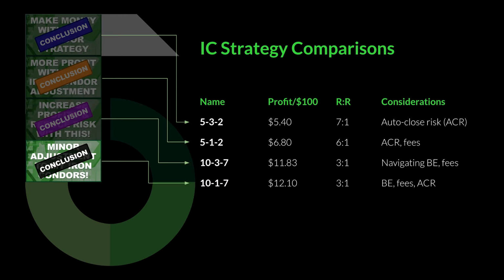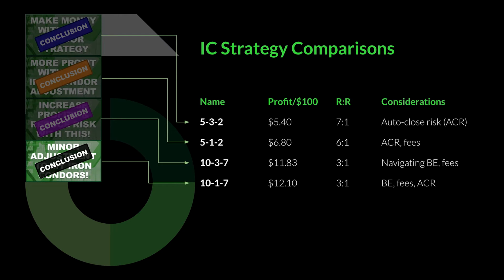All right, what you see here are the last four variations and their results. The name column shows you the delta value, which is the first number, the strike width, which is the middle number, and then the expiration, which is the last number. Then the profit per $100, the risk to reward ratio, and some of the considerations that I found while doing these tests. What I'd like to do is see if we can decrease the risk to reward ratio. We got it all the way down to 3 to 1 in the last two iterations. And then I want to look at some of these considerations and see if we can take away those disadvantages